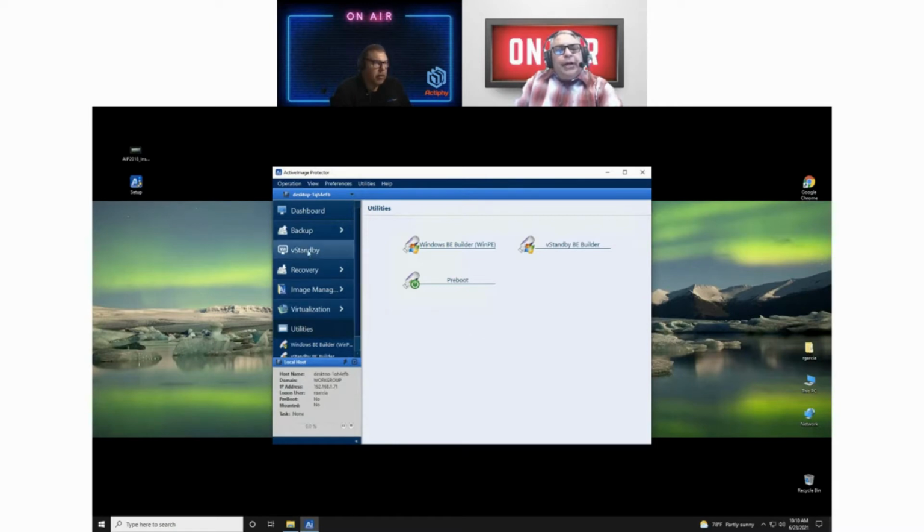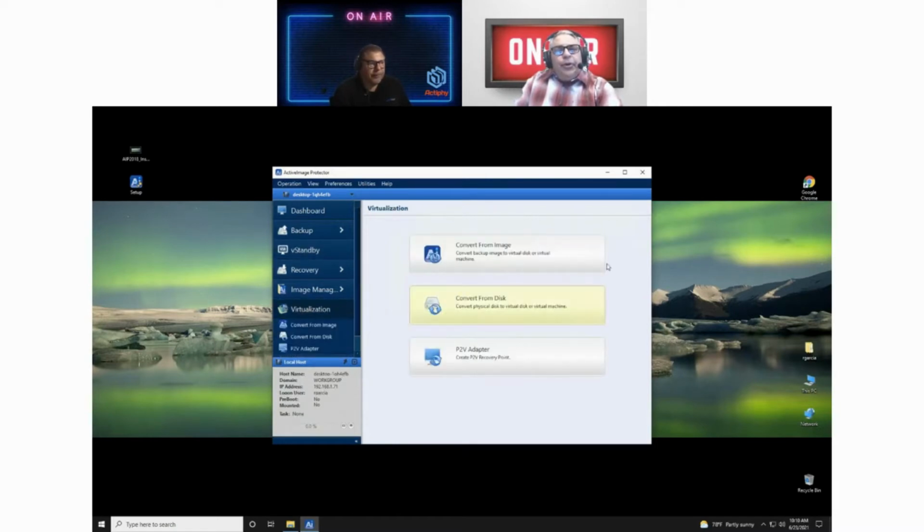Oh, okay, I noticed there that there are ways to convert. You can convert from an image, a backup image, turn it into a virtual machine and place it into your virtual environment. You can convert it from an actual disk, a real physical disk. And then there's a P2V adapter. If you have created